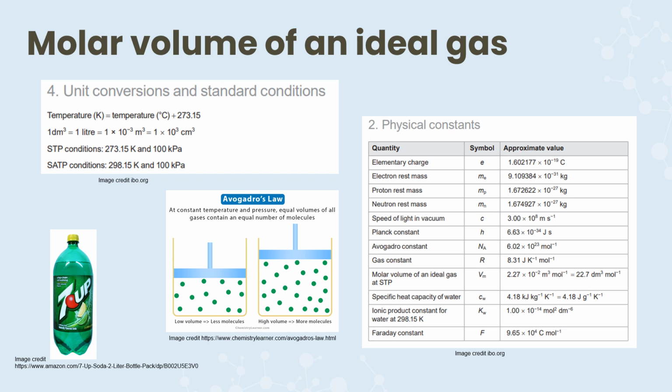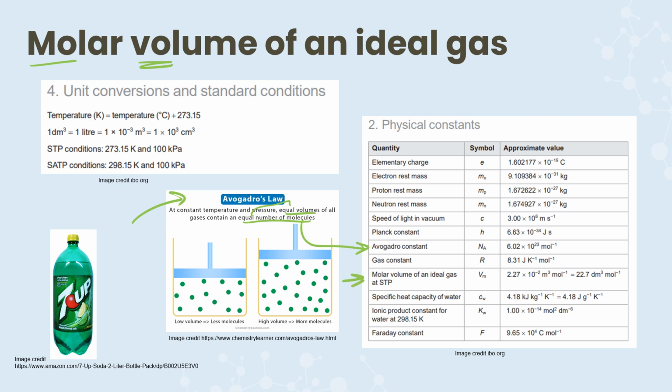And yet another relationship that we can use to predict the behavior of gases is the relationship between the volume of a gas and the number of moles of that gas. Remember that Avogadro's law told us that at constant temperature and constant pressure, we're going to have equal volumes if we have equal numbers of molecules. Equal and equal means a constant. We also have a constant between the number of molecules and the number of moles. So if we have equal, equal, equal, we have yet another constant,